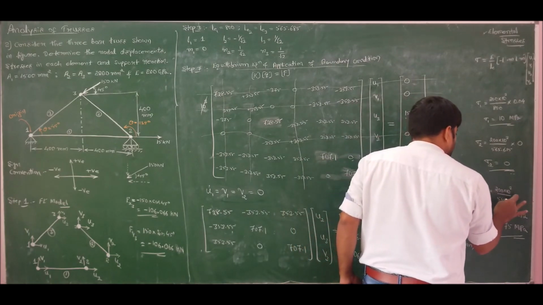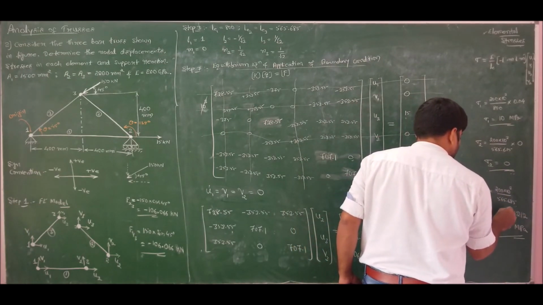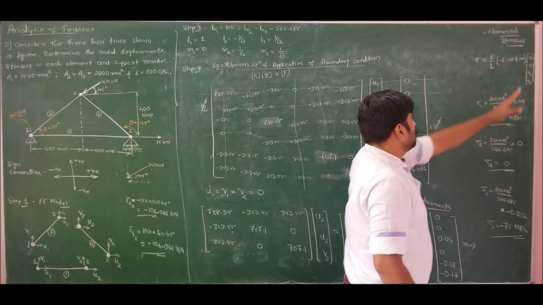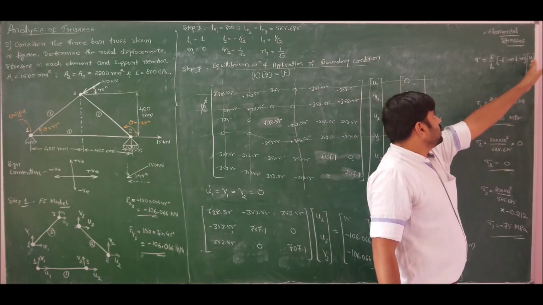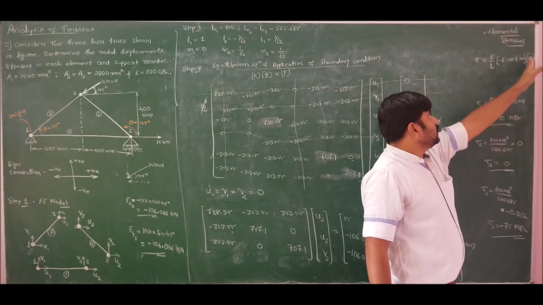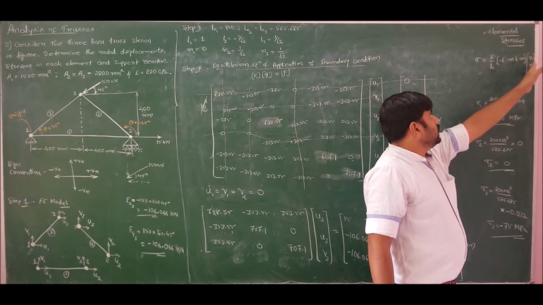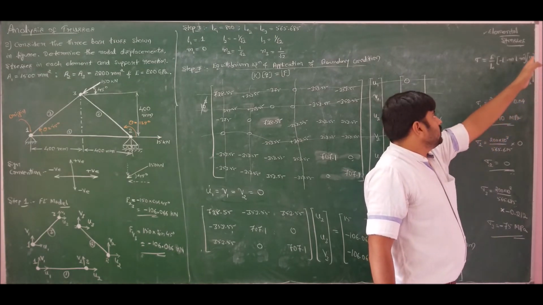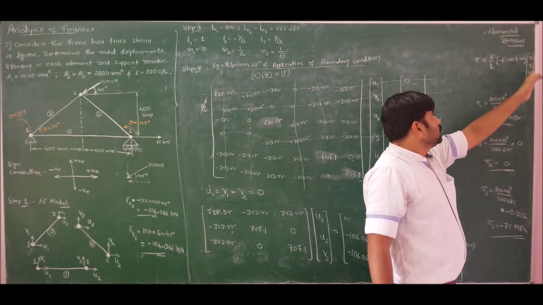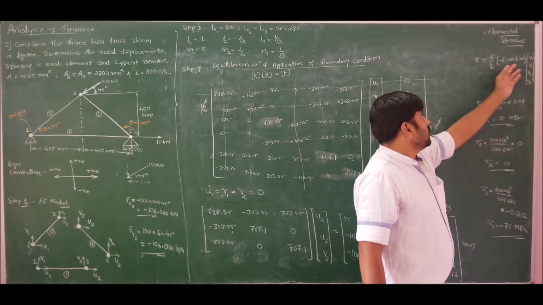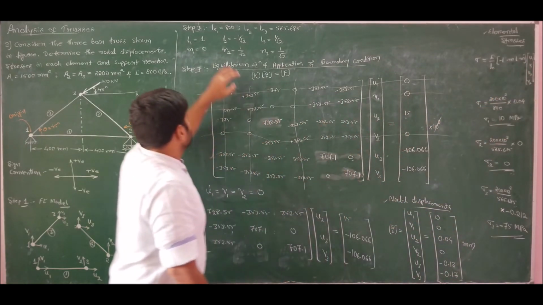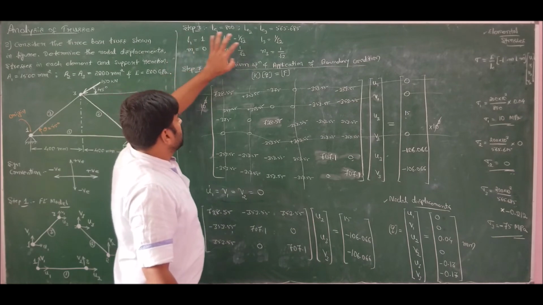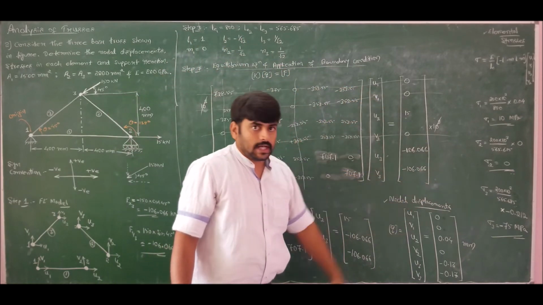So the matrix multiplication answer I have written here. So this Q matrix is for element 1, u1, v1, u2, v2. For element 2 it will become u2, v2, u3, v3. For element 3 it will become u1, v1, u3, v3. Correspondingly you should change the values of L and M with respect to elements 1, 2 and 3 and solve, we will get these answers.